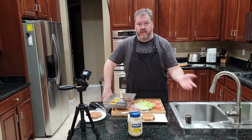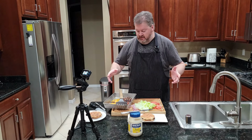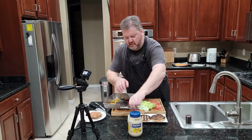All right, now that everything's done, all we have to do is assemble the burger, and then we get to eat. And that's my favorite part. So here we go. Nothing to do but to do it. So we have our bun here, nicely toasty on the grill. As you saw,